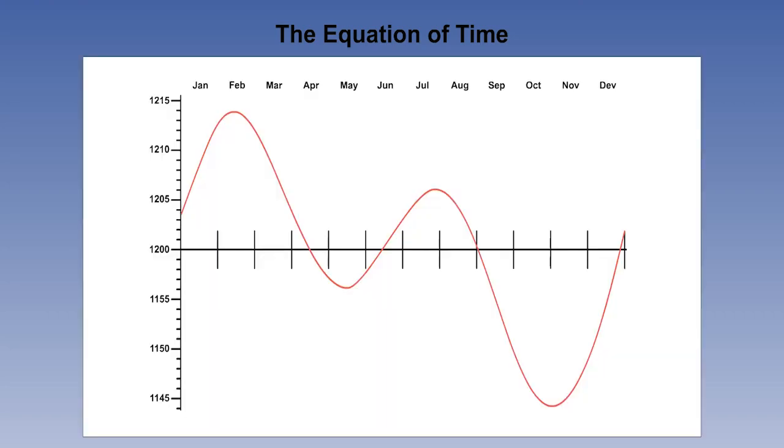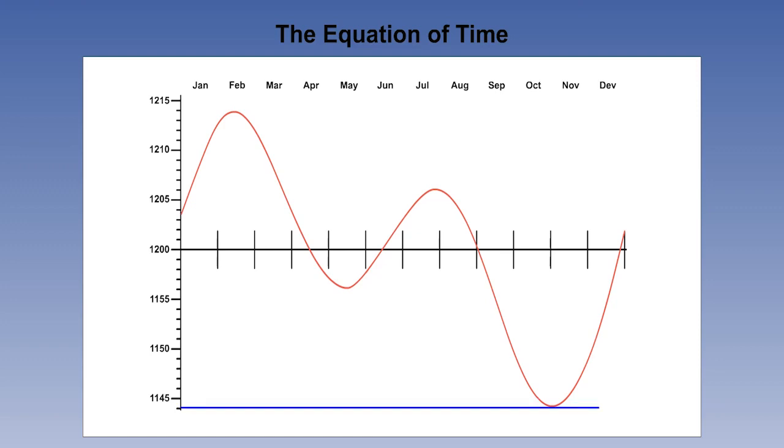This is a graph of how the difference changes over the year. The vertical axis is UTC, and the red curve indicates the time of meridian transit. As you can see, there are only 4 days a year when 12 noon on the clock is exactly as the Sun crosses the meridian.